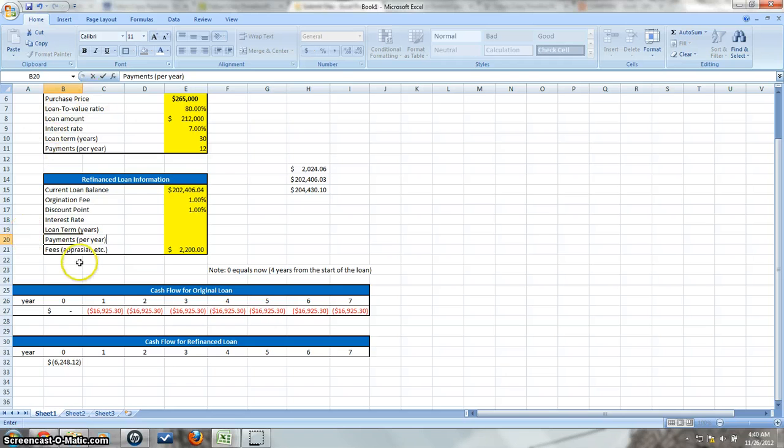And doing this, we'll be able to put in the new interest rate of 5%, and the loan term of 30 years,